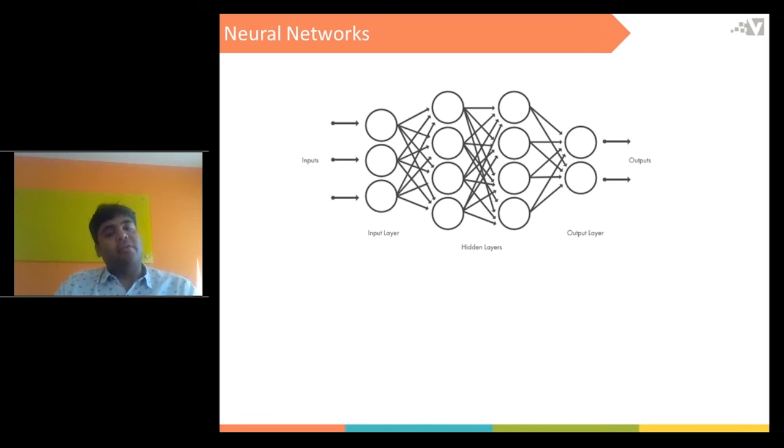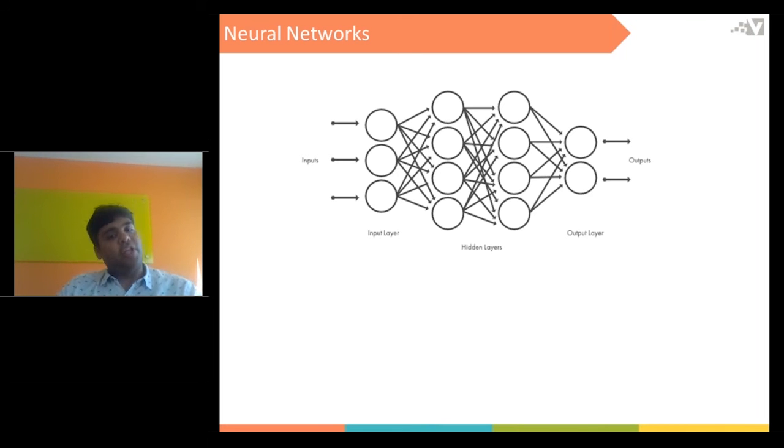So this particular structure of the neural nets gives the power of understanding the correlations between all the input variables, and also the multiple layers help it to capture the nonlinear behavior of the variables.